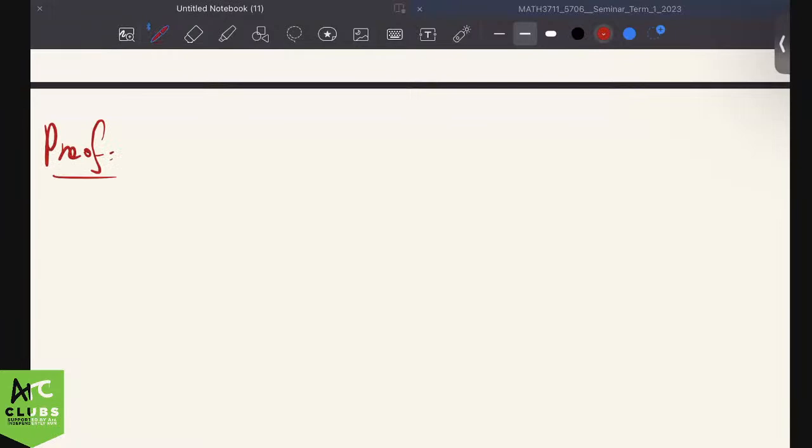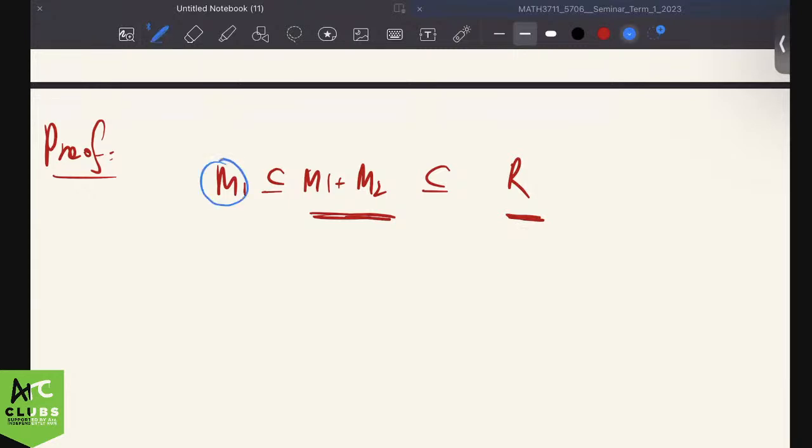Okay, so we need to show that M1 plus M2 is equal to R, because that's required to prove the Chinese remainder theorem. So think about M1, M2, and R. We know that this is going to be a subset equation. So M1 is a subset of M1 plus M2, subset of R. And what that means is that because M1 is a maximal ideal, and we know that M1 plus M2 is also an ideal,